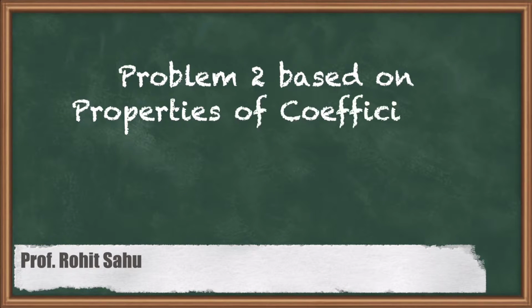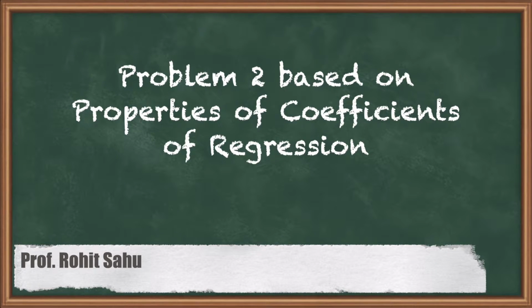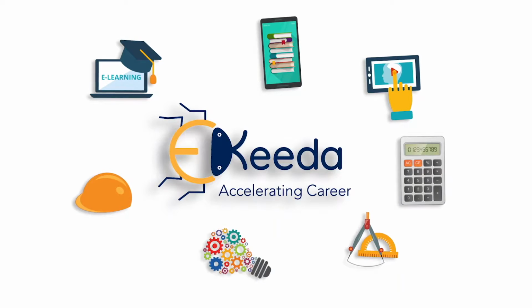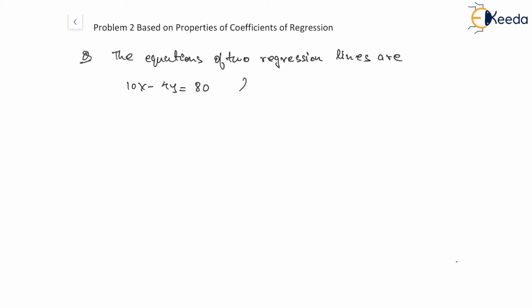Hello, in this session we'll see another question on the property of coefficient of regression. It says the equations of two regression lines are 10x minus 4y equal to 80 and 10y minus 9x equal to negative 40, and we have to find